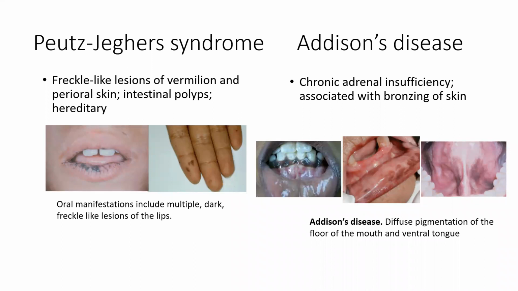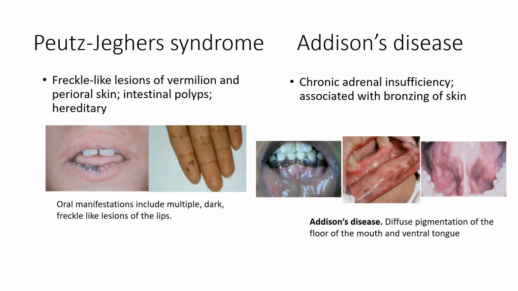It's called a syndrome because it definitely has a collection of other signs. In this patient, you always have freckle-like lesions, as seen here. You have the lesions on the perioral skin, that is around the mouth. We have freckle-like lesions on the mouth, sometimes on the skin, plus the patients have polyps in the intestine. And these patients, that is patients with Peutz-Jeghers syndrome, where they have freckle-like pigmentation and intestinal polyps, such patients have increased